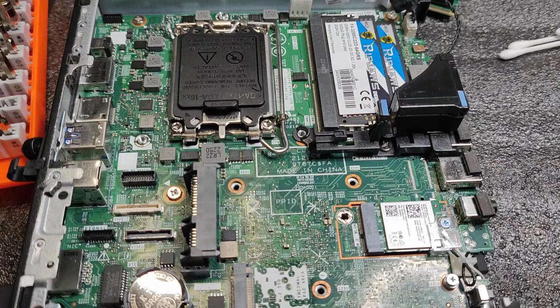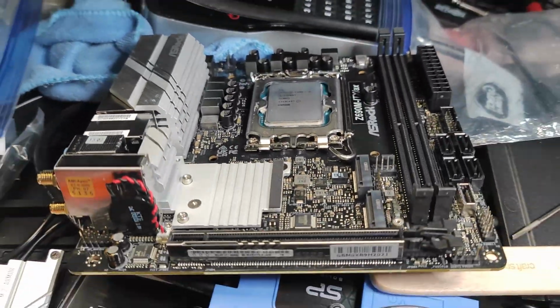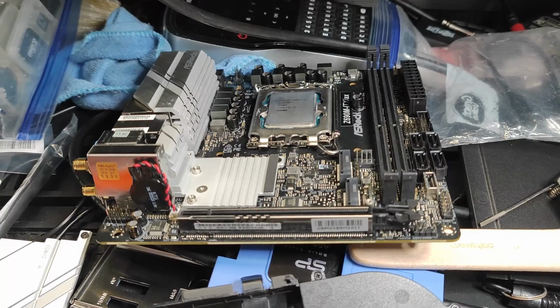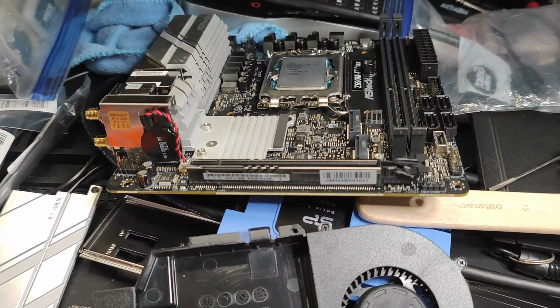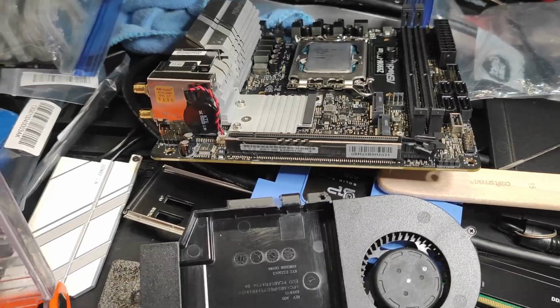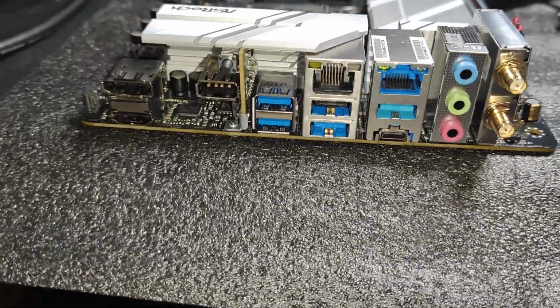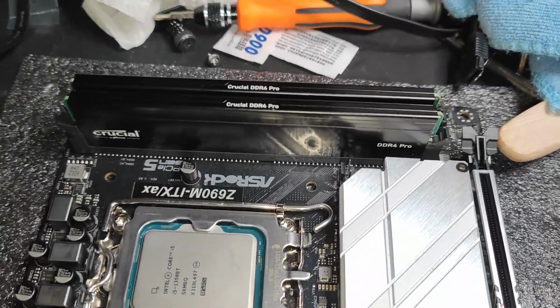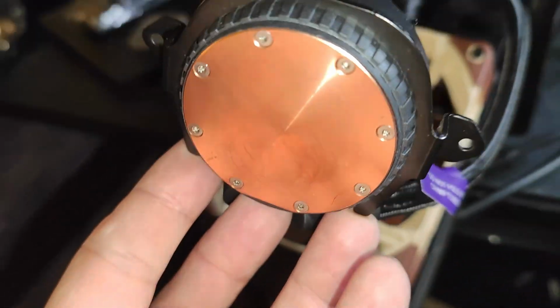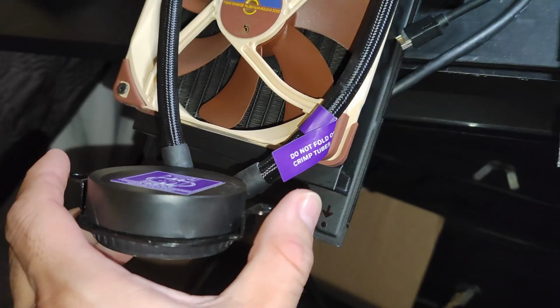5 minutes later. Alright, the processor is on the board already, and I'm just starting to do some things on it. So everything is almost done here. I just forgot a little thing. The water block is missing, the